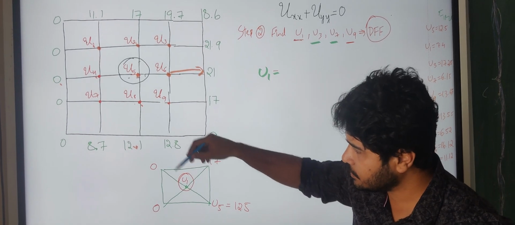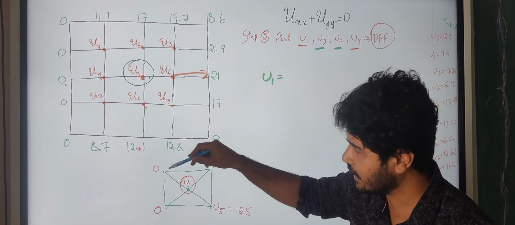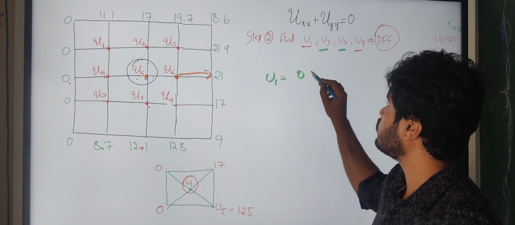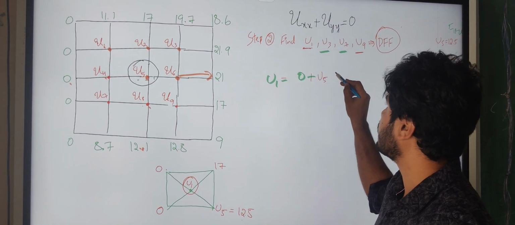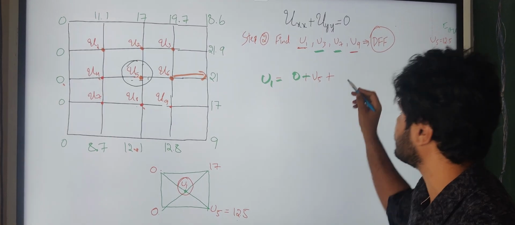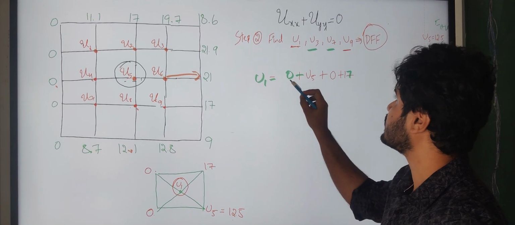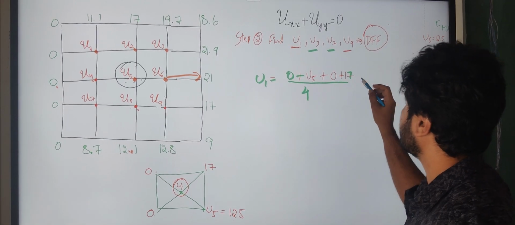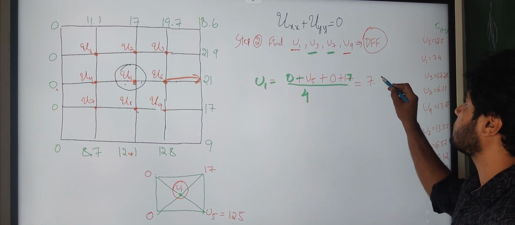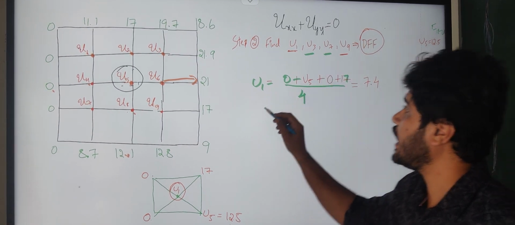Okay, so with respect to diagonal values, just along with the u1 are 0, and here u5, 0 plus u5 plus remaining two diagonal point values are 0 and 17. 0 plus 17. So I have to divide this by 4. Okay, so I will get the value of u1 as 7.4. I think you have understood how to find the value of u1. Similarly, I have to find the value of